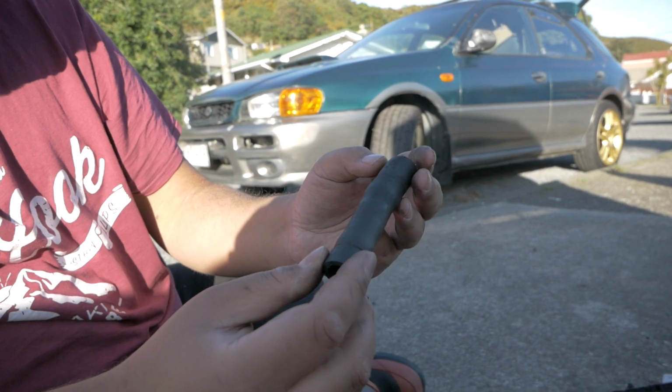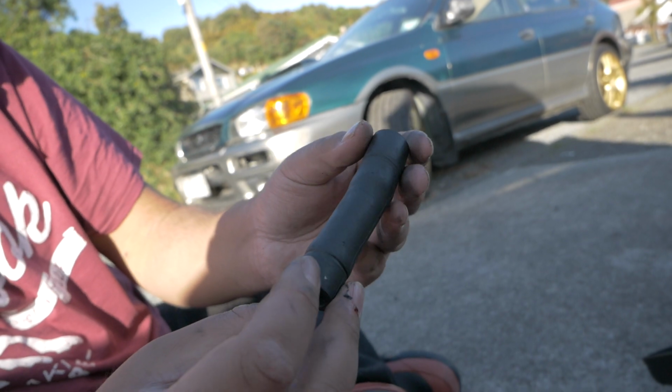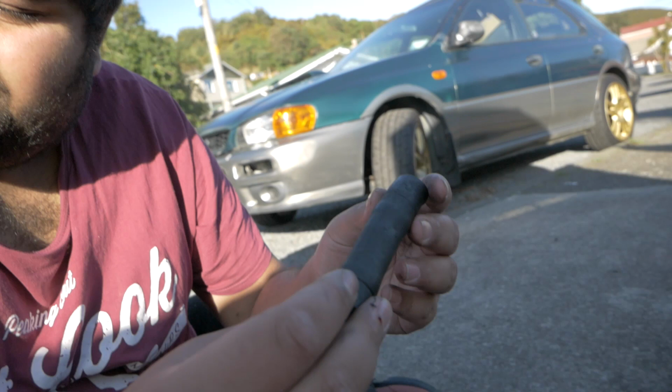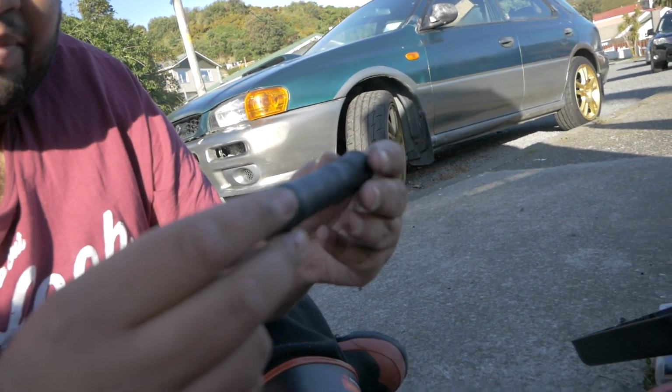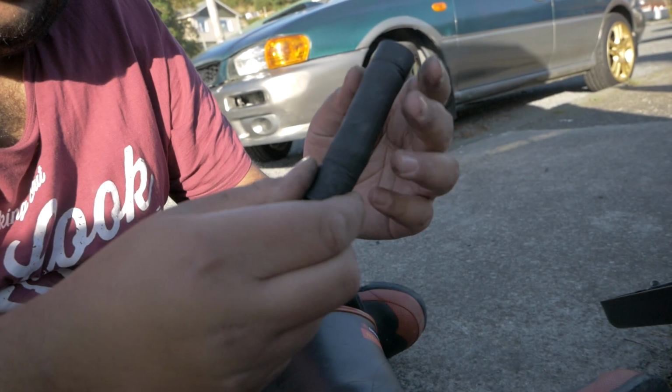So when I took it to Subaru, for this job they wanted to charge me about $700. What, just to replace that? Yeah, because they have to take all the turbo and stuff off. So basically this is going to be going in the bin, but I'm just trying to feel where all the...